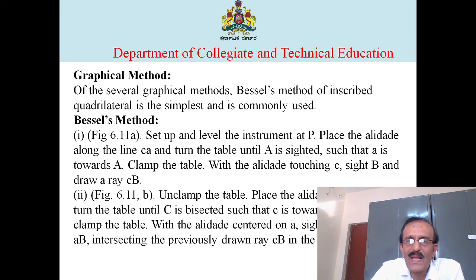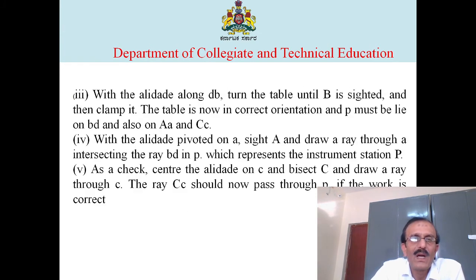Unclamp the table. Place the alidade along AC and turn the table until C is bisected, such that C is towards C, and then clamp the table. With the alidade centered on A, sight B and draw a ray AB bisecting the previously drawn ray CB in the point B. With the alidade along DB, turn the table until B is sighted and then clamp it. The table is now in a correct orientation and P must be in line with BD and also on AA